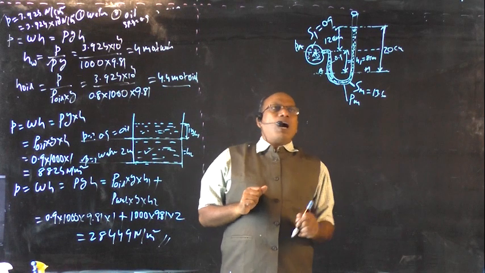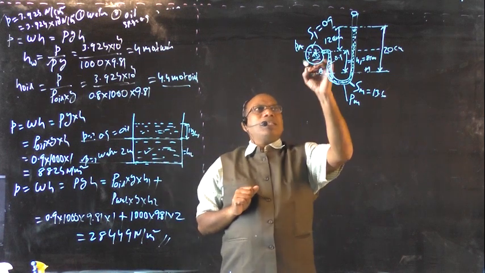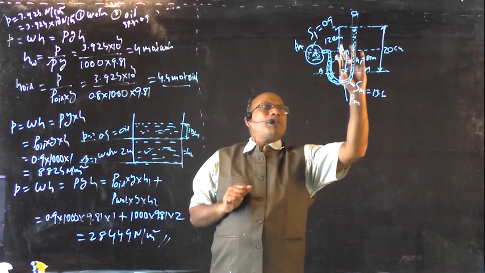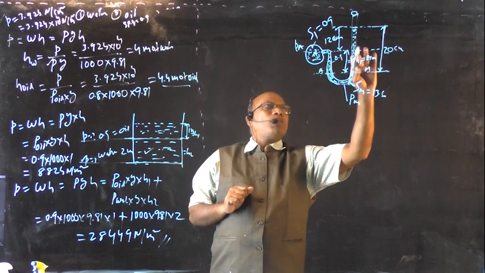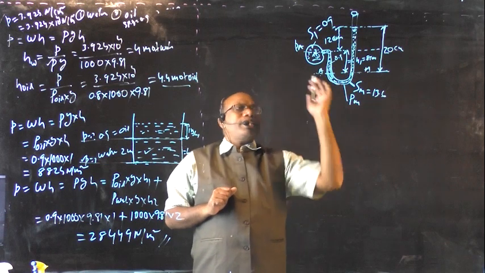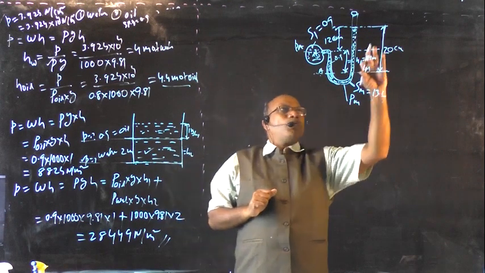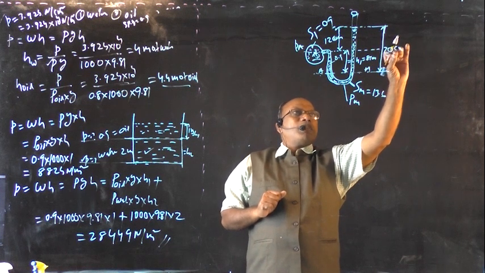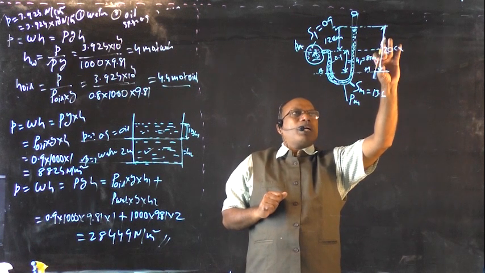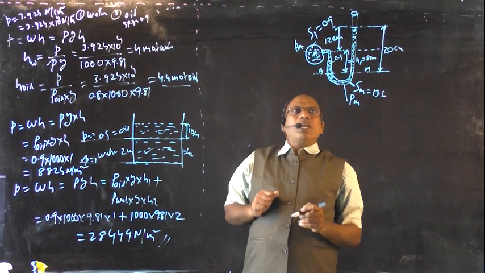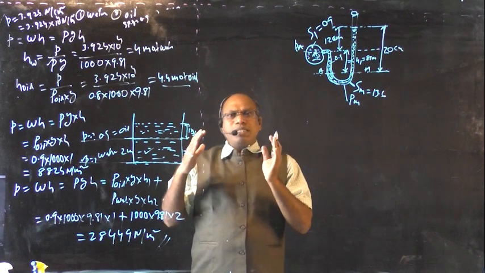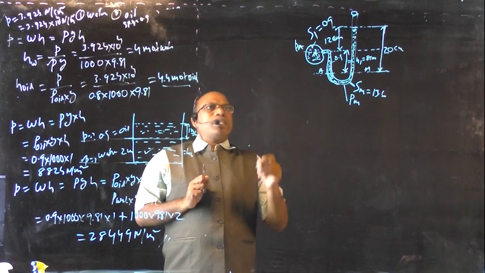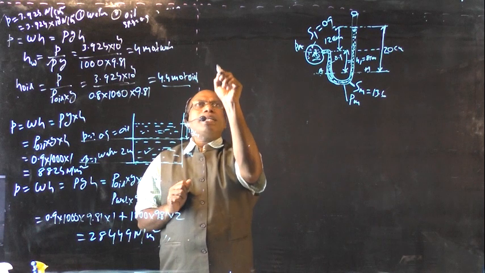Okay. Now one pressure we are going to determine, that is the pressure at point A, and another one is because of the liquid column H1, that is equal to 8 centimeters in the left side. Right side pressures, only one liquid column, that is the mercury column, that is equal to 20 centimeters. Because of the 20 centimeters mercury column, we have one pressure. Therefore here left side pressures must be equal to right side pressures. What are the left side pressures? Left side pressure PA,